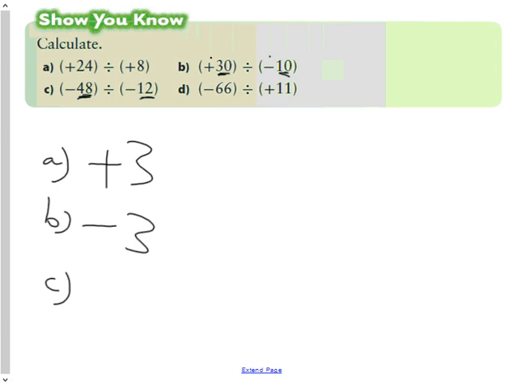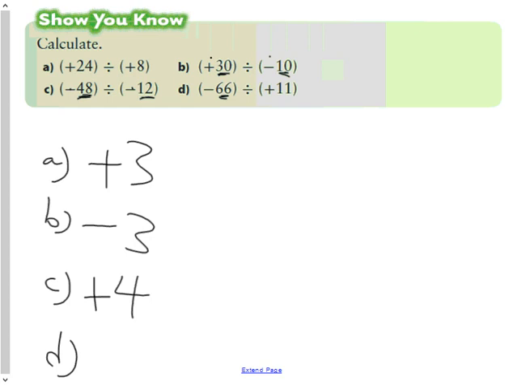48 divided by 12 would be 4. If I had negative $48 and I divided them into groups of negative $12 each, how many groups would I have? I would have a positive 4, because sign rules are negative times a negative, or same signs, is a positive answer. And finally, D,